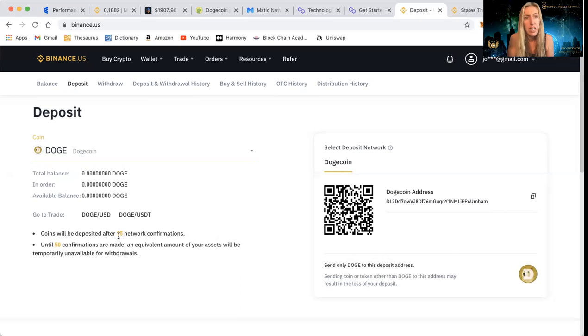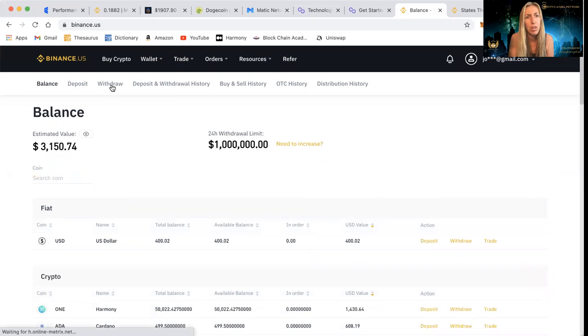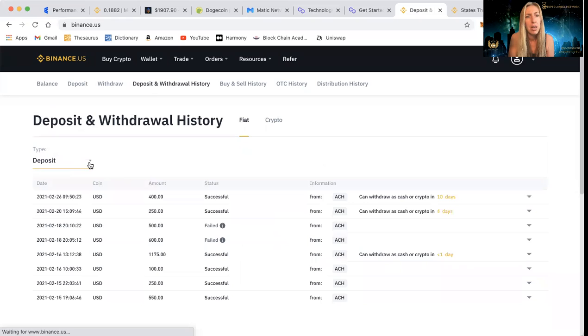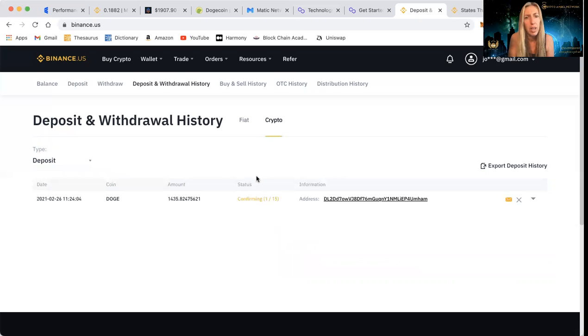And let's just take a look and see, is it there? Is this going to take me to the... no. Let me go again back to deposit and withdrawal history, and looking for my US dollar one, confirming. What's this? This is it. So here it is. Finally. And I wanted to share going through this process because